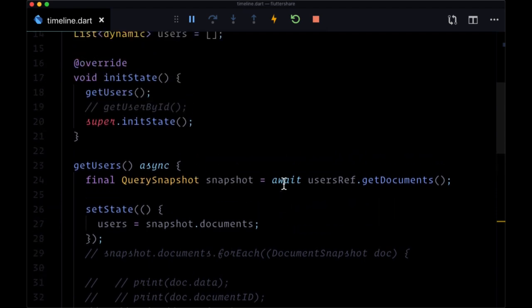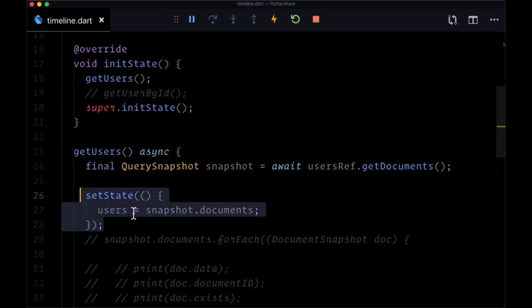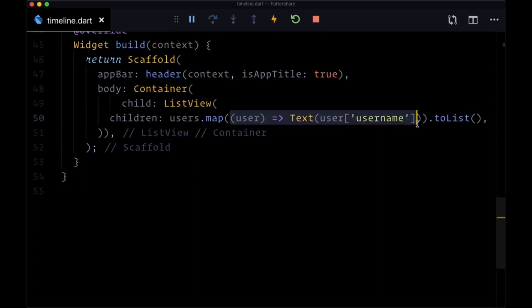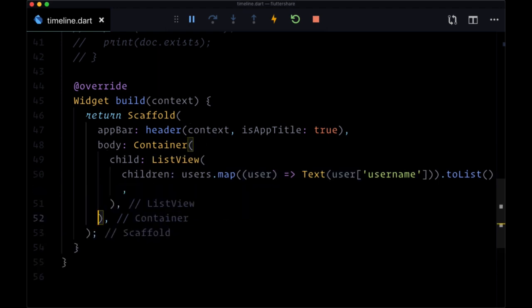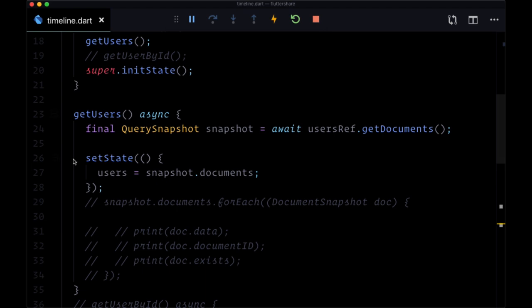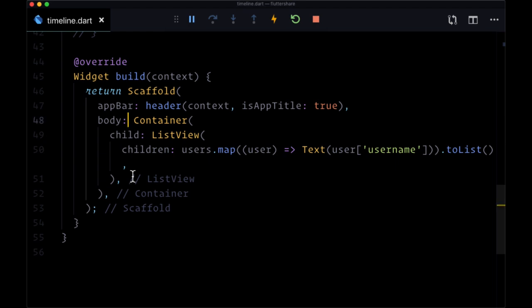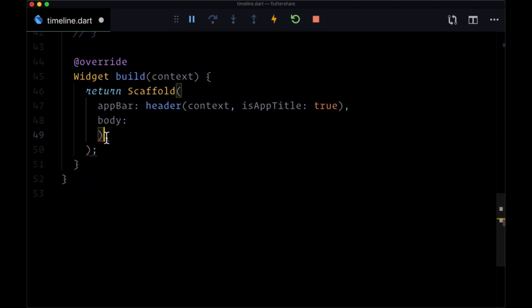But we see that there's a lot of steps that we had to include here. We had to add this getUsers function that we ran when we initialized our state. We put the documents from the snapshot in state as users, as this list, and then we had to apply this logic directly within our build function in order to display all of the data that we wanted to show up. Fortunately, Flutter's given us an alternative way to do this, to cut down on providing so much business logic with our widgets that we want to display that data in. We can combine our logic for displaying our data as well as fetching it within a single widget. And that's made available with the help of the